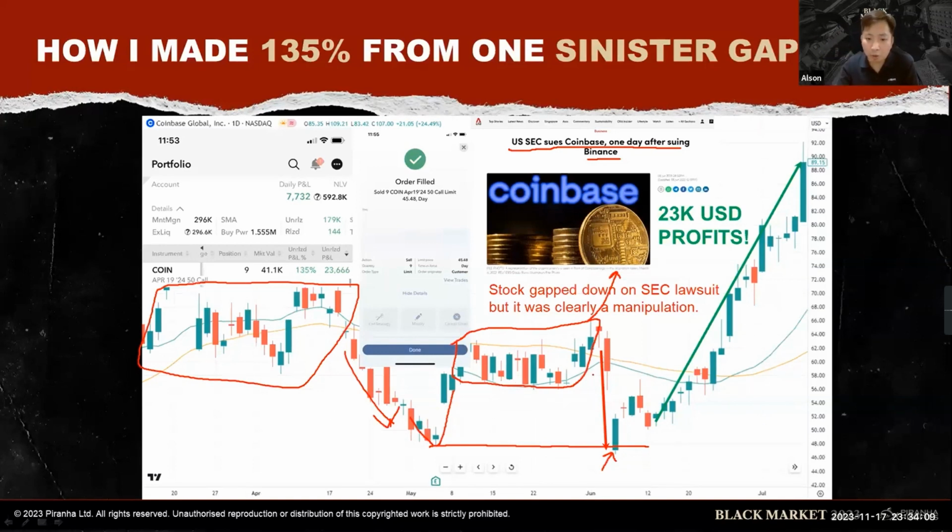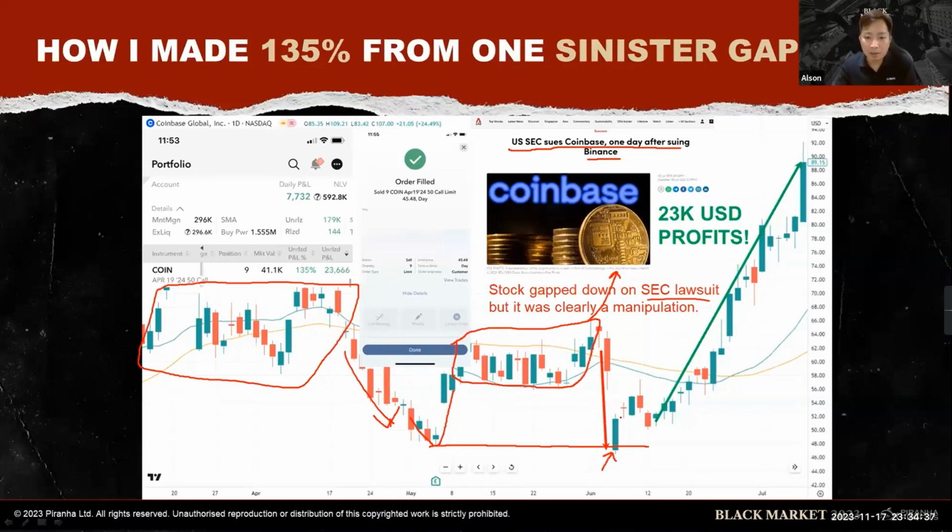Because the moment it opened, it didn't trade much lower, and then he closed as a green bar. This means that the market maker has accumulated all the sell orders, and a lot of people sold in panic. If you don't have bad news, a lot of people will not sell, I can tell you. Then because of the lawsuit, the SEC lawsuit, a lot of traders actually became afraid and let go.